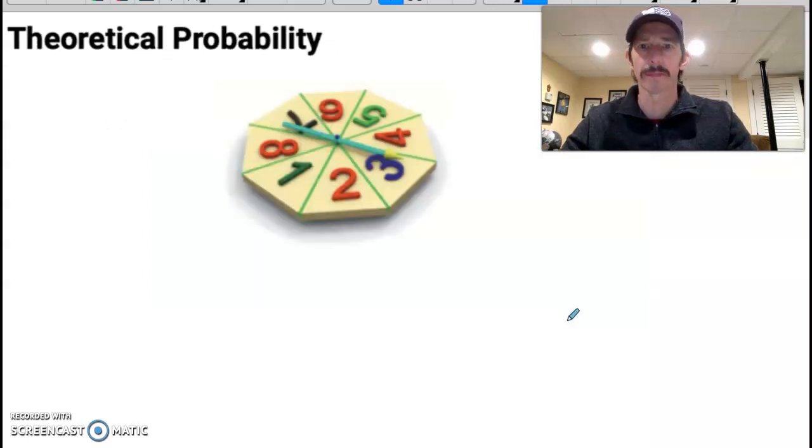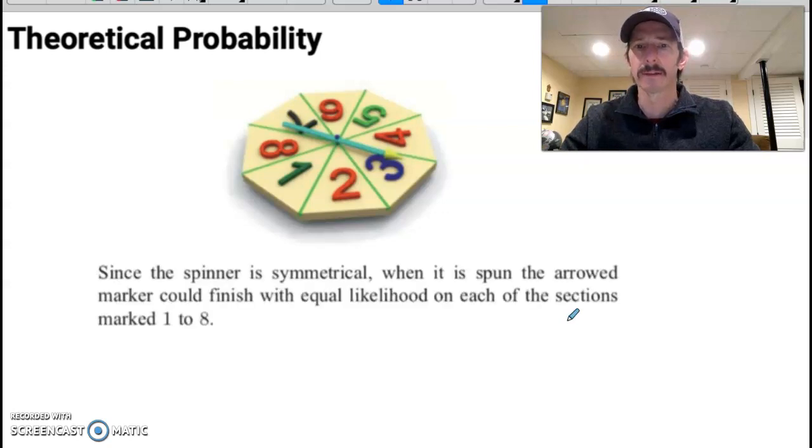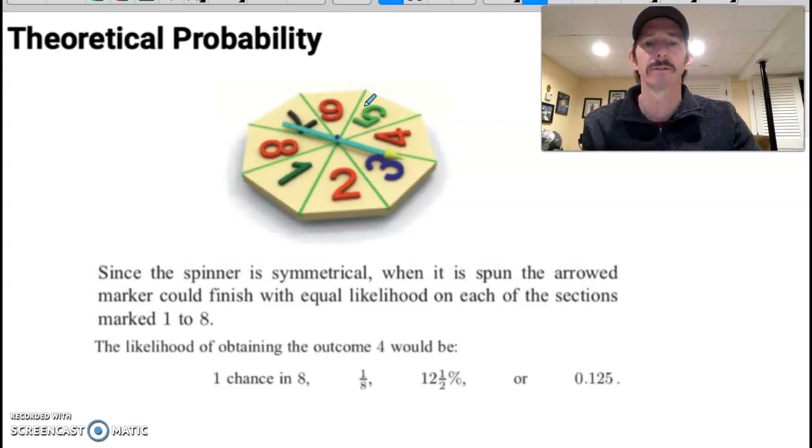All right, now we're going to talk about theoretical probability. And a theoretical probability, it's what you would expect to happen in theory. It's not a guarantee. Again, your experimental outcomes might be different, but in this particular situation, I have 8 geometric shapes that are all equal in size, and assuming the spinner is not rigged, each opportunity for landing on a number 1 through 8 has the same chance of occurring, and that is 1 out of 8,